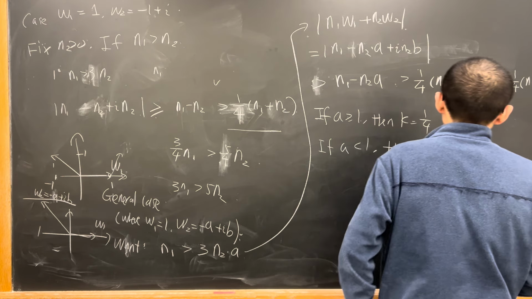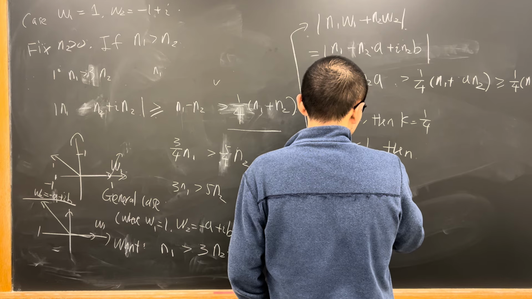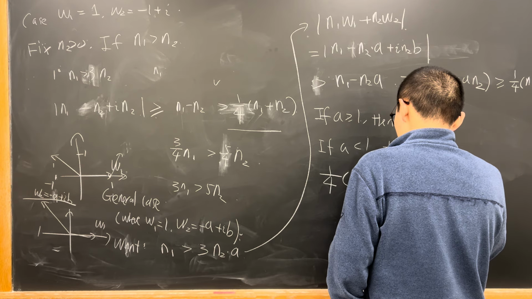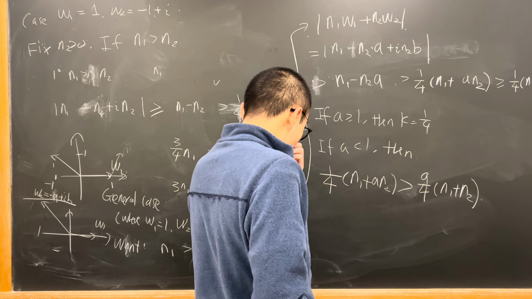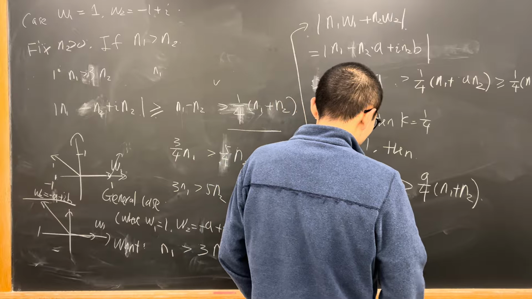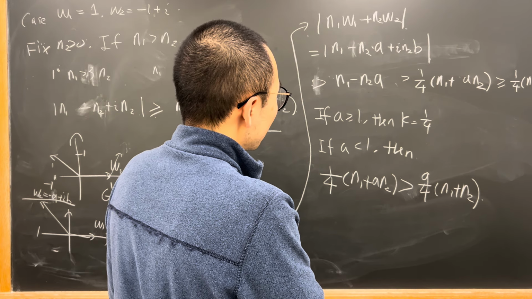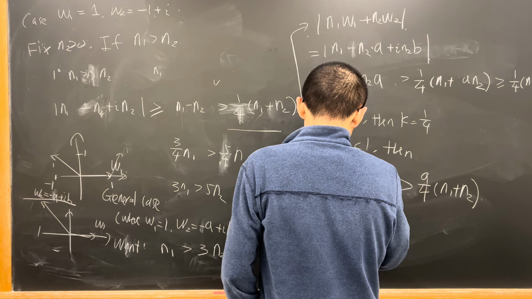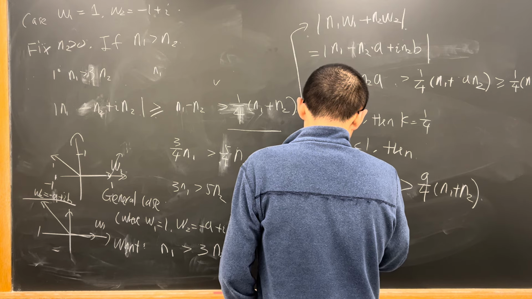Yeah. So if A is less than 1, then this guy is strictly less than, because the second term is, okay, so then we just let the constant be, so finally, pick k to be the minimum of,